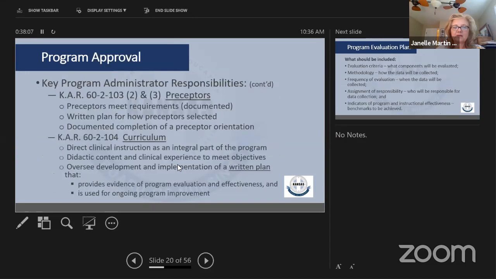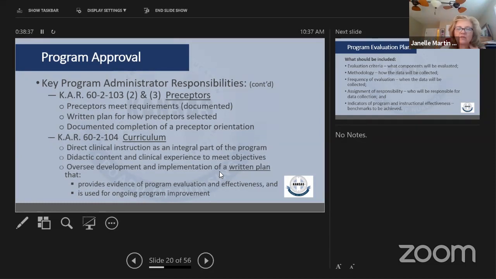Curriculum. I think the one major thing I want to say about this is in the evaluation piece. One of the big responsibilities you have as administrator is oversight for development and implementation of a written plan. That's your overall master evaluation plan, program evaluation plan, whatever you call it, but it's that systematic evaluation of your whole program.